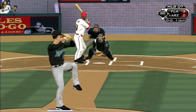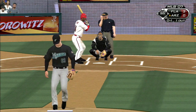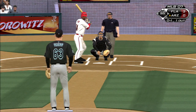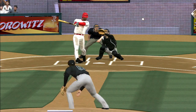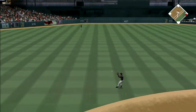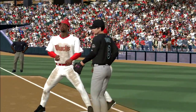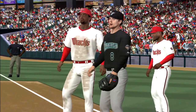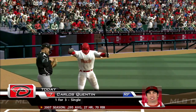Now the first pitch. In there, strike 1. Getting ahead, always a key when you're facing a guy like this. Opposite field to left. In there, a base hit. 8 hits for him now, but they have still yet to crack the scoreboard. Definitely time to start cashing in on all these opportunities. Carlos Quentin will step in, a ground-out victim his last